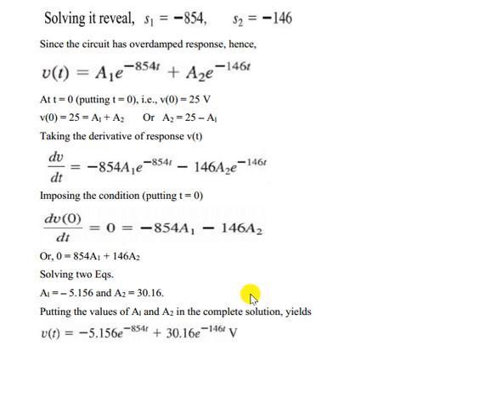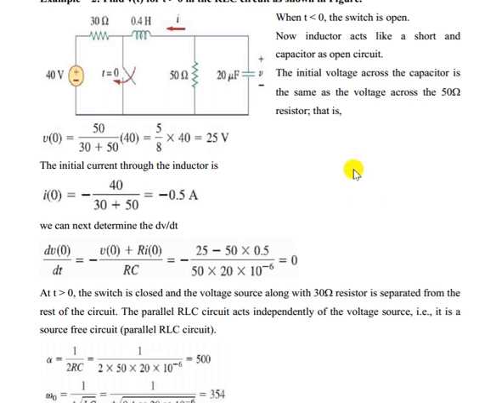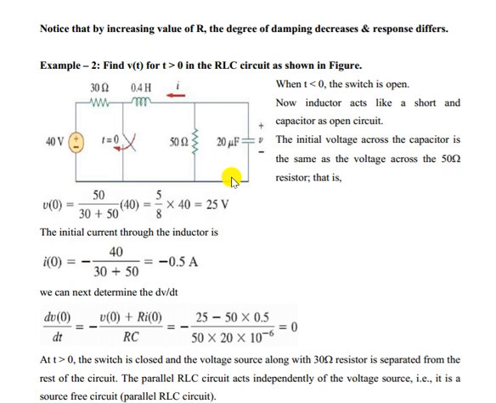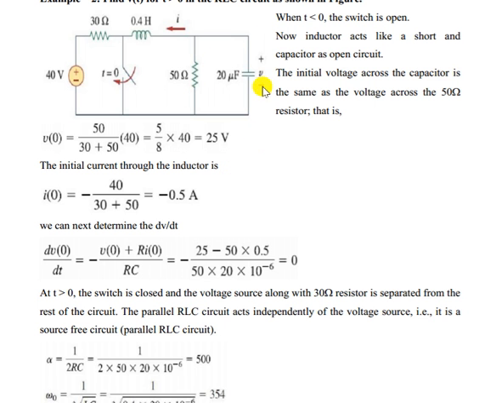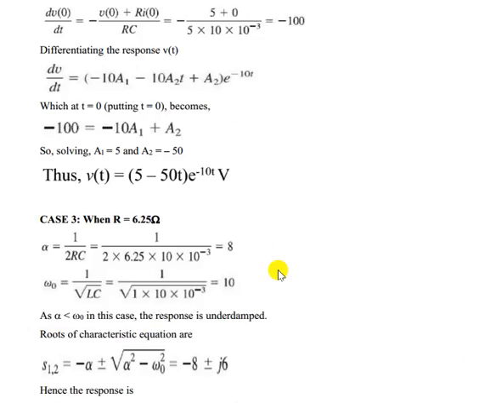source free, series or parallel circuit. So the main points are what? You have to see the before-switching condition. You have to find out the initial values, that is i0, the current through the inductor, and the capacitor voltage, by considering the inductor short circuited and the capacitor open circuited. Then draw the 0 plus circuit, then find out the dV0 by dt or di0 by dt term. For our parallel circuit, voltage is common, so we have to consider dV0 dt, and for a series circuit current is the same, so there you have to consider di0 by dt. Okay,